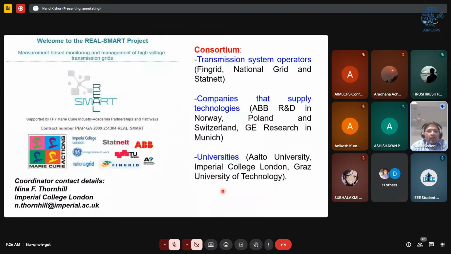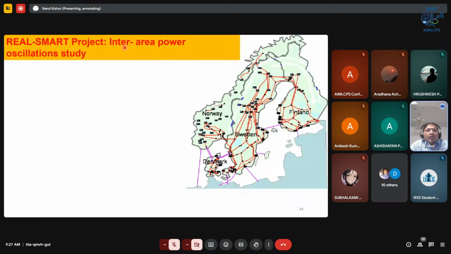And then there was another Origin project, the Real Smart project, in which I was involved. This project was a decade back. It included a consortium of different TSOs, different companies, and of course some universities. I was working at Aalto University in this project, and as a part of Aalto University, we had been working on inter-area